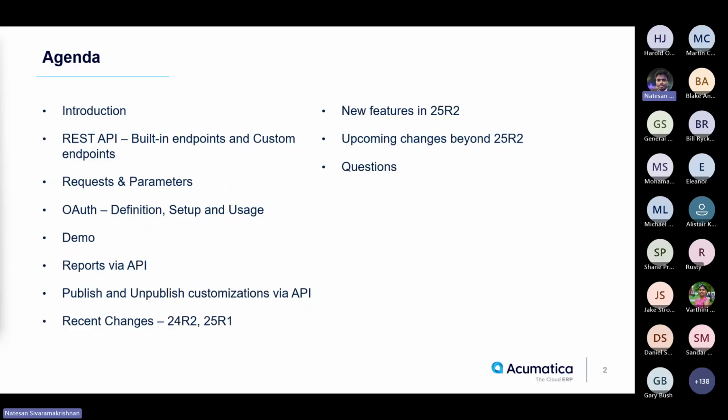We'll also discuss the recent changes in the current active versions like 24R2, 25R1, and briefly review the new features that were included in the recent release this week, the current latest version, which is 25R2. And in the end, we'll also briefly discuss the plans for the Acumatica web services beyond 25R2, and we'll discuss any questions